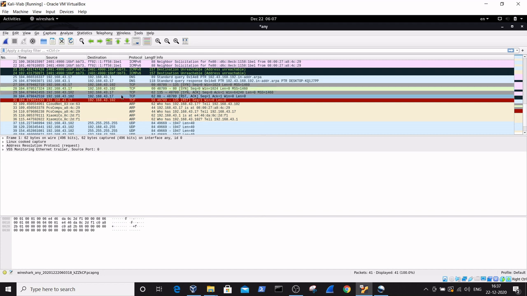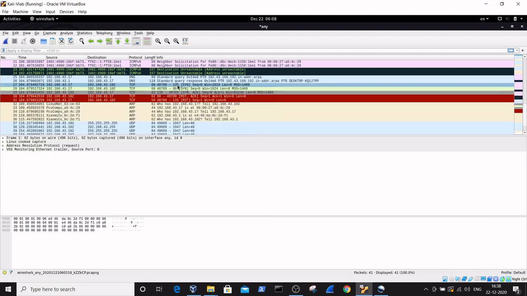And the replies I got: from port 135 I got a SYN ACK packet, and from port 80 I got an RST ACK. So SYN ACK and RST ACK, these two packets indicate that port 135 is open and port 80 is closed.